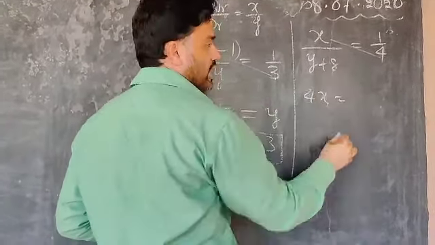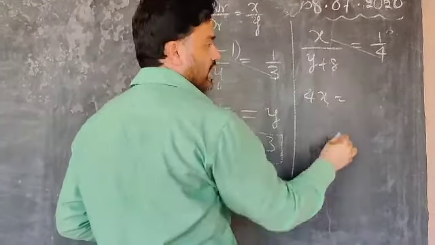Therefore, 3x minus y is equal to 3, 4x minus y is equal to 8. So both of them are minus. What will you do? Change the sign, then only they get cancelled. 3x minus 4x is minus x, plus y minus y cancel. 3 minus 8 means minus 5. Therefore, x is equal to how much? Plus 5. Minus minus gets cancelled. Okay, plus 5. Now substitute in any one of the equations.